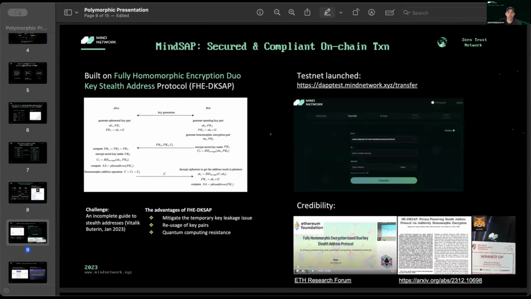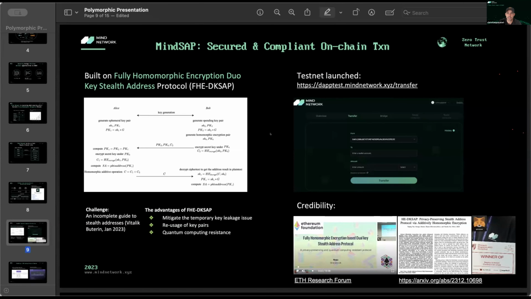And then, of course, for compliant on-chain transactions, we proposed FHE in combination with stealth address protocols. Stealth address protocols became popular around 6 years ago as a way to send and receive assets on-chain with a little bit of privacy and increased security. Basically, a stealth wallet is created that helps to mask the transaction so that it's not totally public and publicly available. What we did was we brought FHE to that.